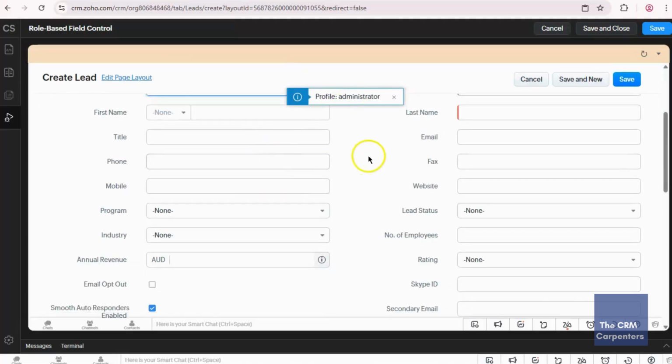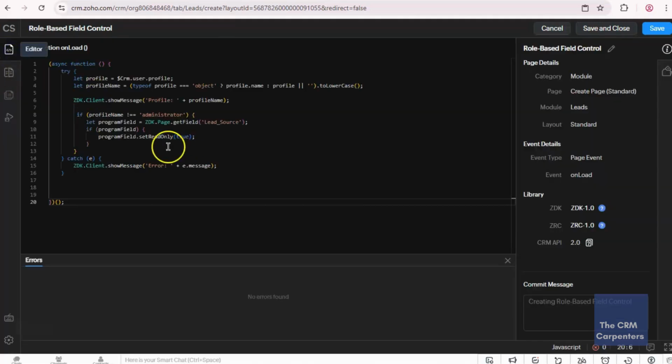There's still no error and I think we're good to go. But before that, we will comment this out because this was just used for testing and verification, to check if we can really catch the user's current login profile, whether it's an administrator or not. So let's click save.